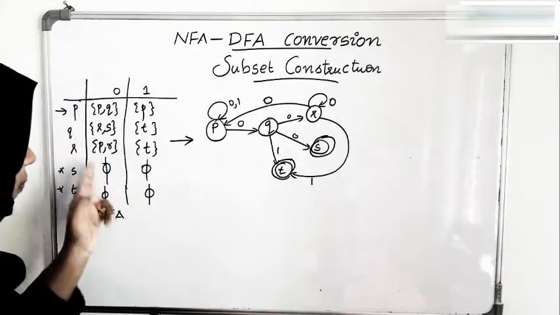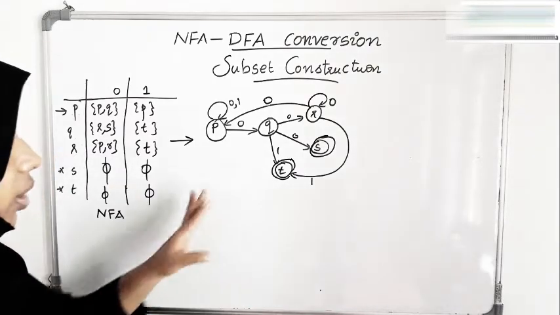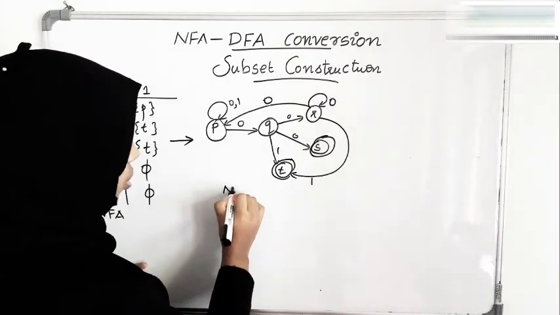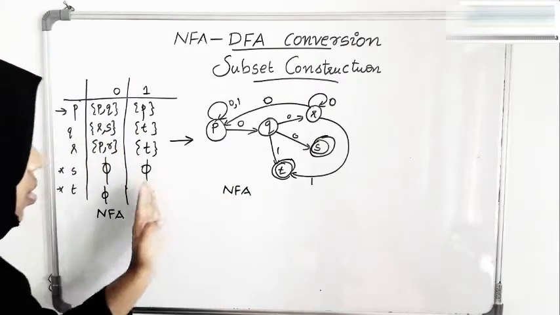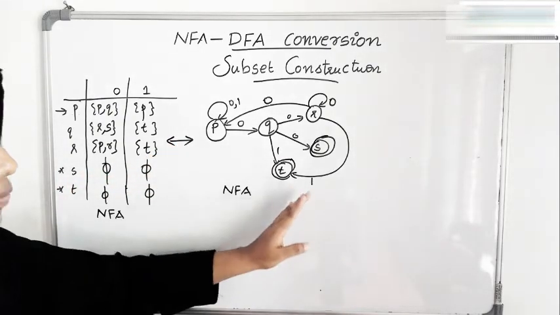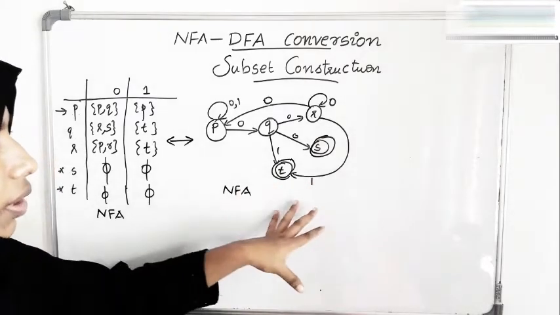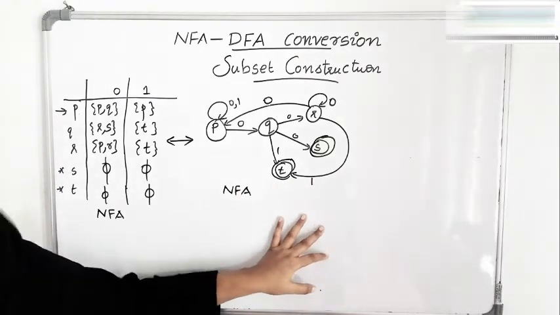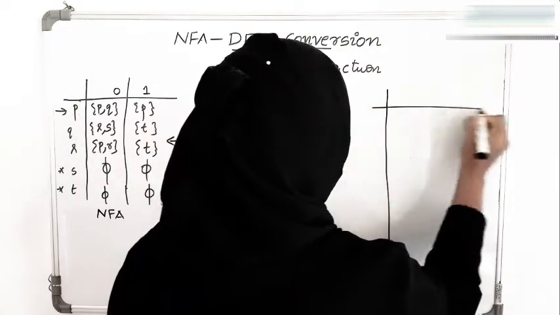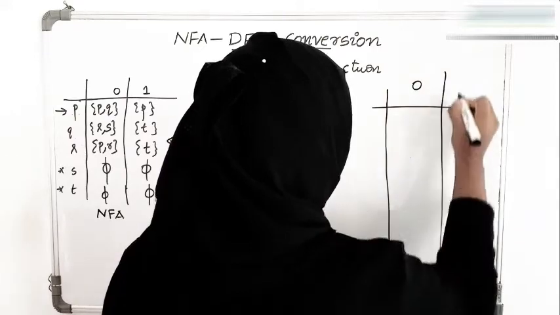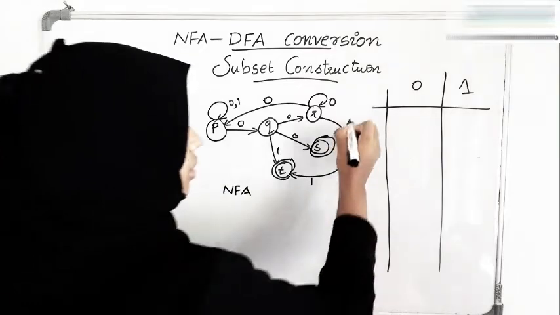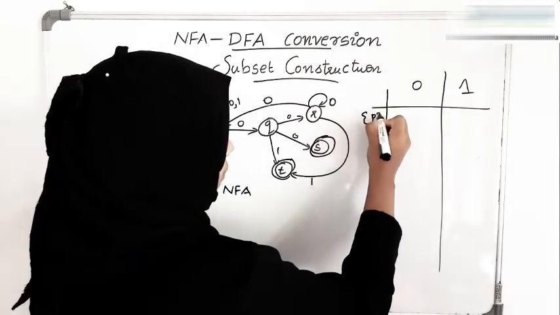So that is why this is a dash here. No transitions are defined. Okay. So this is the transition diagram for this transition table. So this also is an NFA. Now, hope you are comfortable with the transition diagram. Now we will convert this into a DFA using the subset construction method. The inputs are zeros and ones, the same input, and as I have told you, the start state of the DFA will be the set containing the start state of the NFA, which is P.